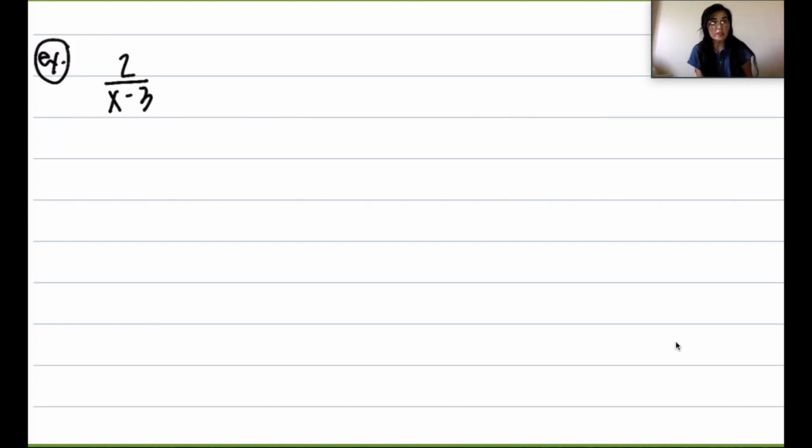So here is an example of a rational problem. We have the fraction 2 over x minus 3. As I just said earlier, our excluded value is when our denominator is 0. Like we did with our asymptotes, this is essentially an asymptote, we're going to set that equal to 0. x minus 3 is equal to 0. So in this case, x is equal to 3. And so what that means is that 3 is our excluded value, our EV,